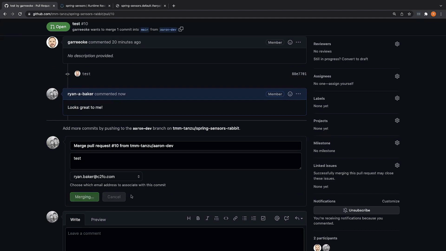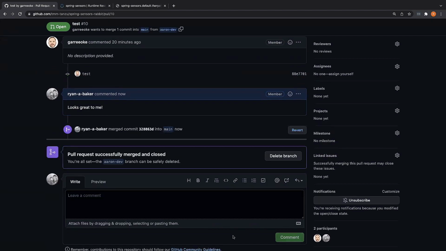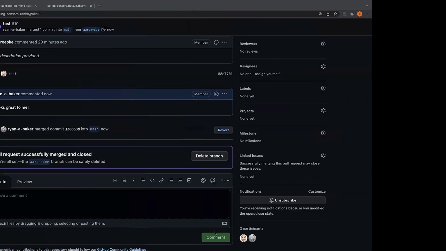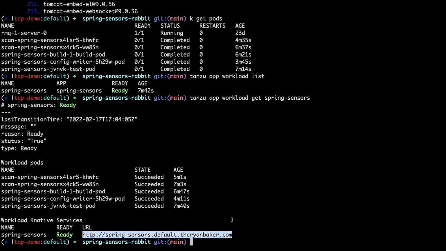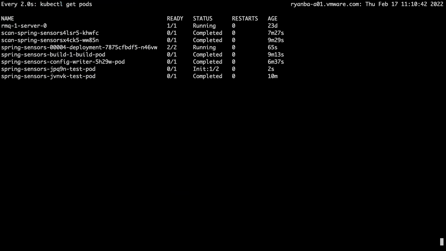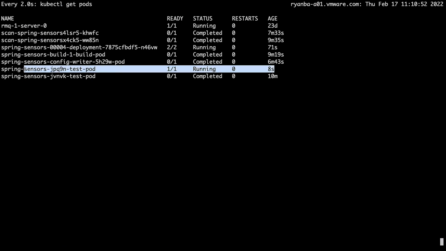So I'm going to go ahead and merge that pull request. And if I hop back here to our platform, and it could take a second, but we're going to see that that pipeline is going to get kicked off. So if I just do a launch, we're going to see that that pipeline is going to get kicked off again, and we're going to start to see the test pod starting. Yep, here we go. So we've already started running test pod, and it's going to work all the way back